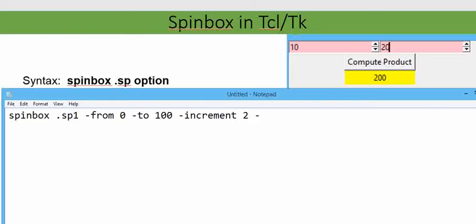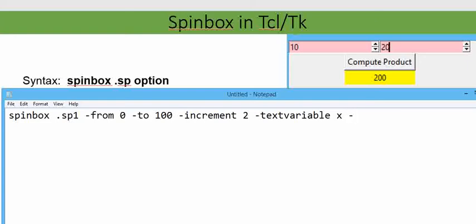Here I am going to define minus textvariable. I am taking the variable as x. The current value of the entry space will act as the variable x, so we can use the dollar substitution, $x.